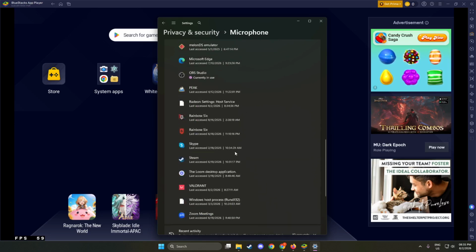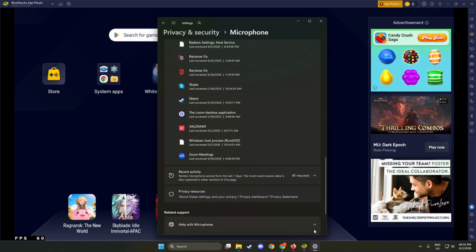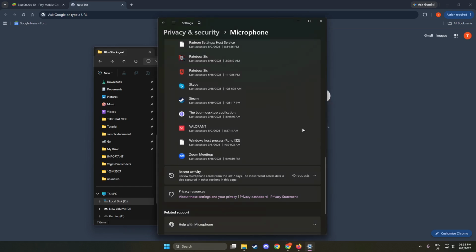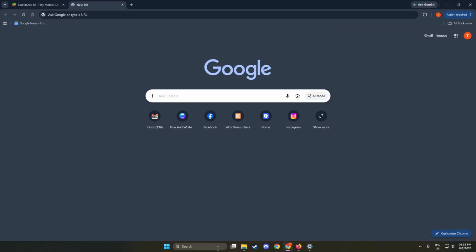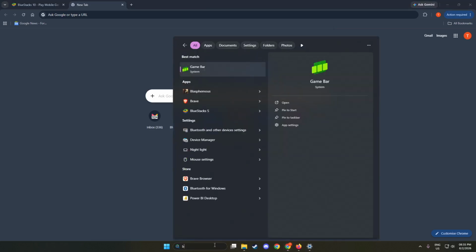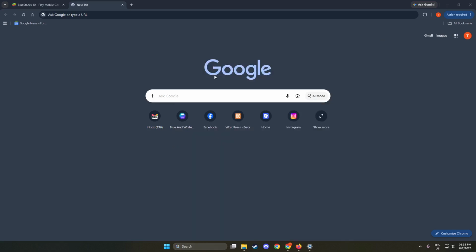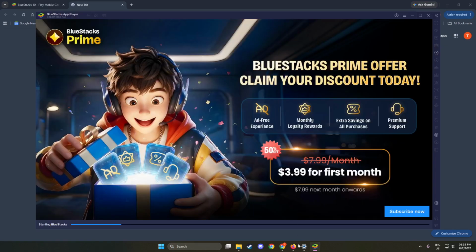Finally, restart BlueStacks. Close BlueStacks completely, not just minimize it, by exiting from the Window Close button or the system tray icon near the clock. Wait a couple of seconds, then open BlueStacks again from your desktop or start menu. Once it launches, go into any app that uses voice chat or microphone input and try speaking. If everything is set up correctly, the app should respond to your voice or show a mic level indicator moving. You have now fixed BlueStacks 5 not detecting your microphone by enabling the right Windows permissions and restarting the emulator.